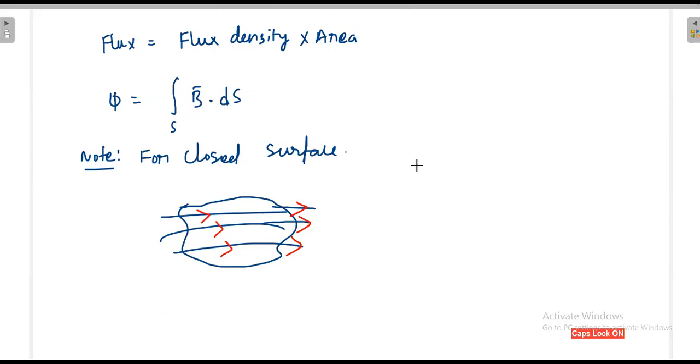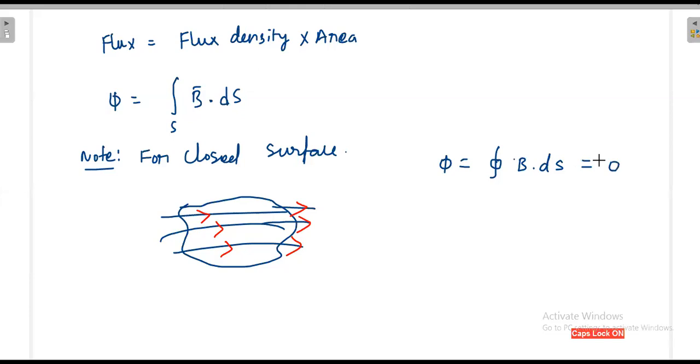The total flux phi is equal to the integral of B dot dS. Again, this is a closed surface. It's very important: you cannot take an open surface, you always have to choose a closed surface. The closed surface integral of B dot dS is actually 0. Just now we have seen that for any closed surface, the flux produced is zero.